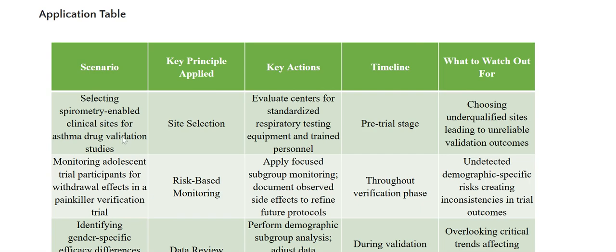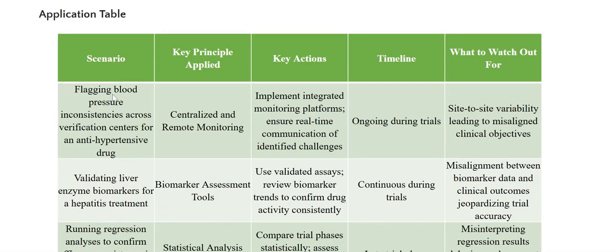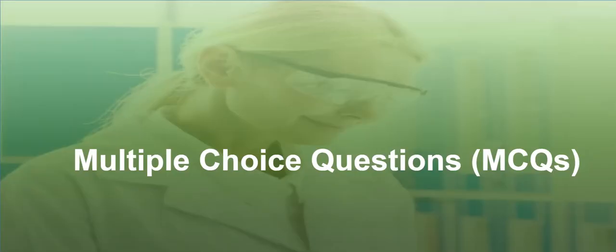selecting spirometry-enabled clinical sites for asthma drug validation studies, monitoring adolescent trial participants for withdrawal effects in a painkiller verification trial, identifying gender-specific efficacy differences during a bone density drug validation trial, flagging blood pressure inconsistencies across verification centers for an anti-hypertensive drug, validating liver enzyme biomarkers for a hepatitis treatment, running regression analysis to confirm efficacy consistency in an osteoporosis drug verification trial. Next, we will revise what we have covered through this lecture through some multiple choice questions